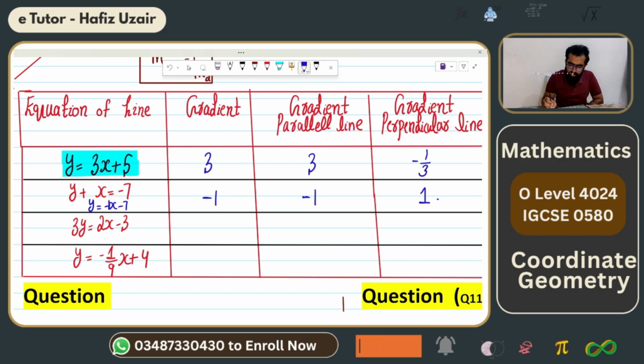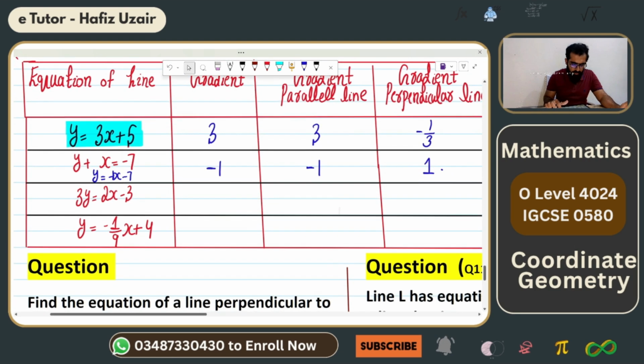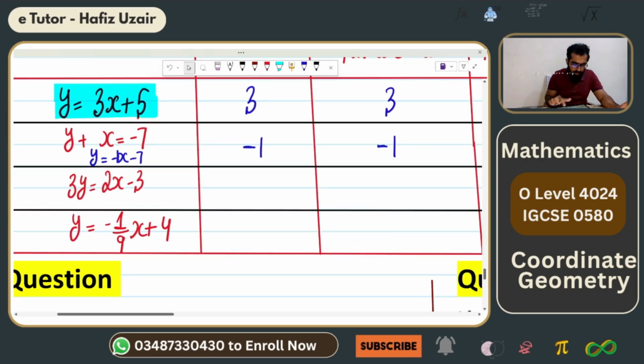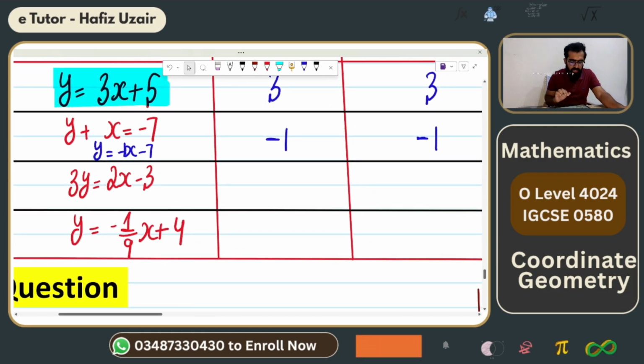Why do I write plus 1? Because I take the negative reciprocal. If a number already has a minus sign and I take the negative of this number, it will change into a positive number. Now the next equation, you also have the equation 3y equals 2x minus